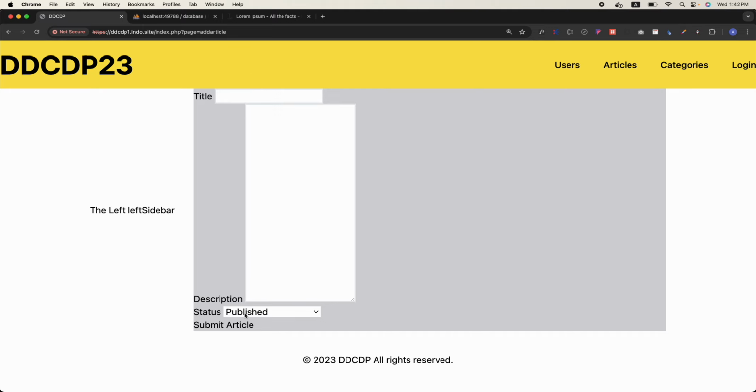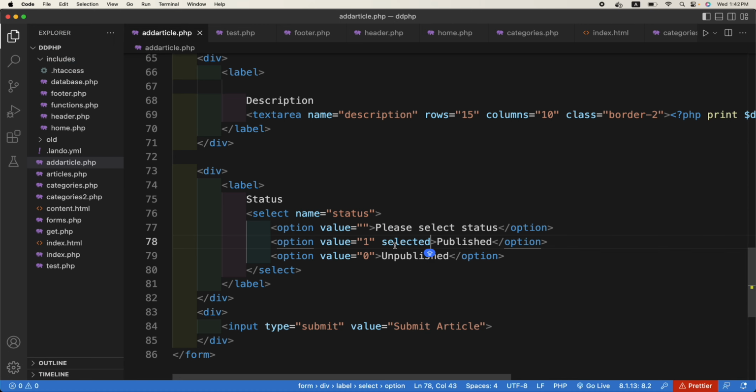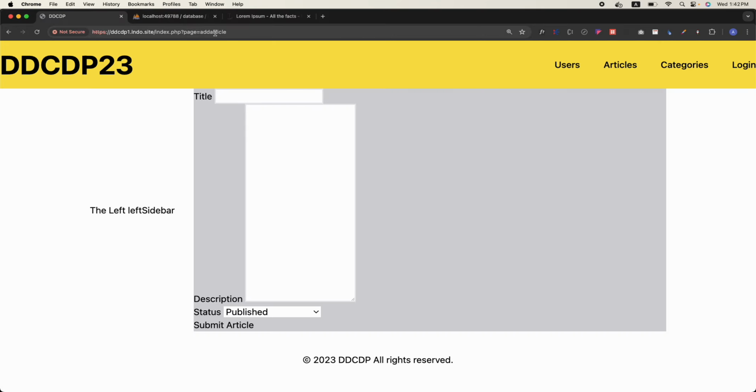So what is selected? Published. If I make the other one selected, so this is just an attribute. If I make the unpublished selected, the default will be unpublished. This is all HTML, not PHP. But now in PHP,